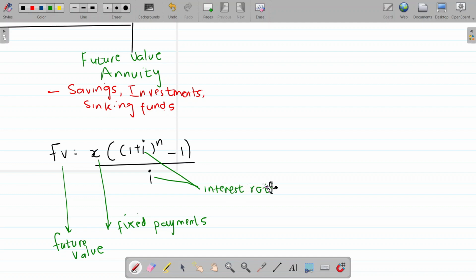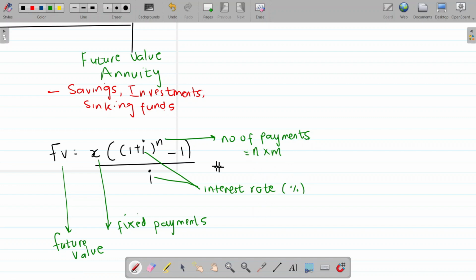It's always a percentage. And then it could be compounded monthly, it could be compounded semi-annually, it could be compounded quarterly. It could have a compounding period, just like how we mentioned the compounding period in the previous video. And then we have n over here. N is the number of payments. It's usually the number of years multiplied by the compounding period,